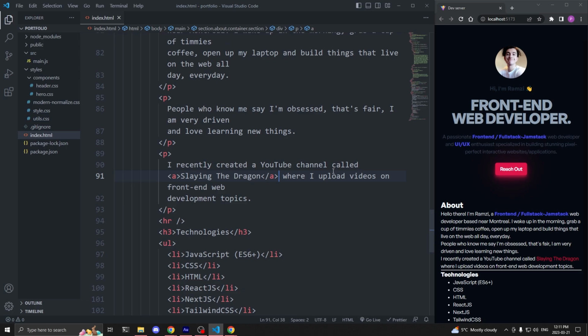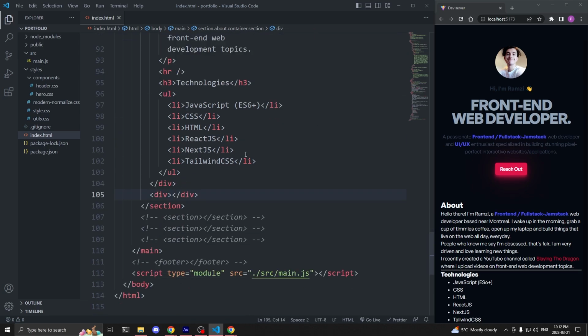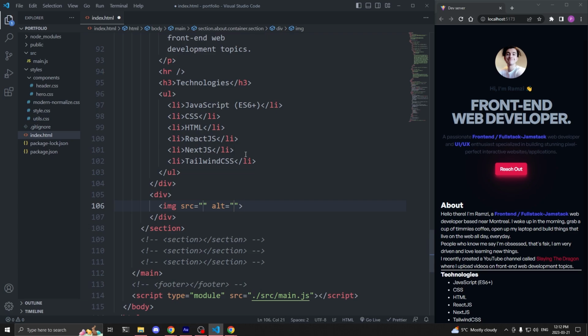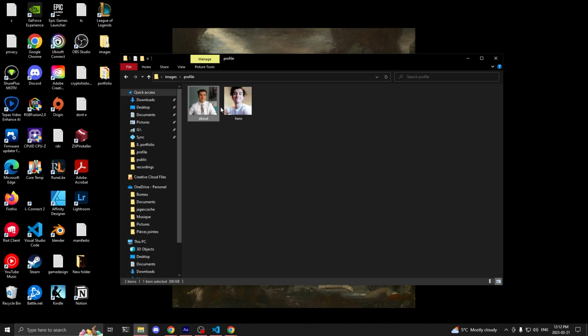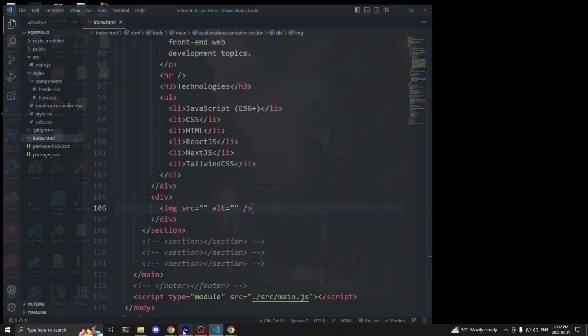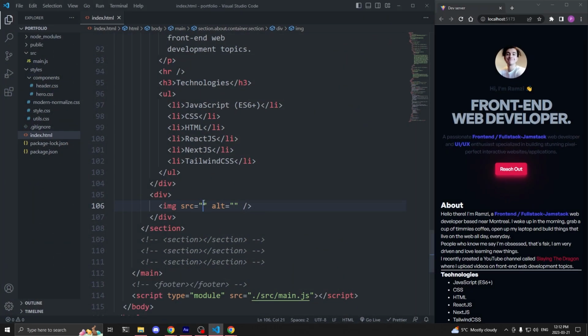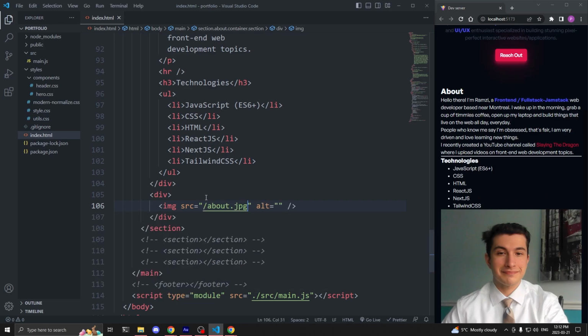We're done with the first container. Inside the second container, I just need to add an image tag. However, I need to go copy my profile picture from my desktop inside the same folder as earlier. I'll copy the about.jpg and paste it inside the public directory. Back in my index.html, for the source attribute, I can simply say /about.jpg. And remember, the reason I can just say /about.jpg instead of the full route is because we are using Vite,